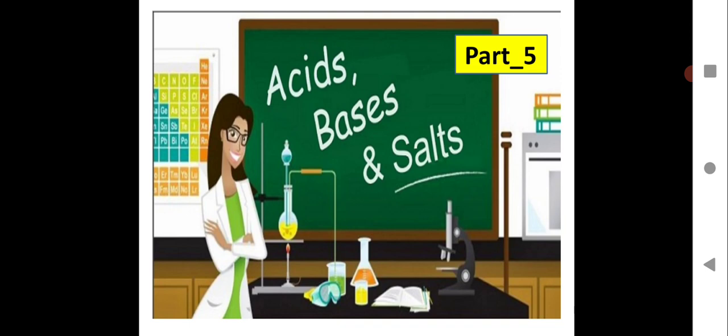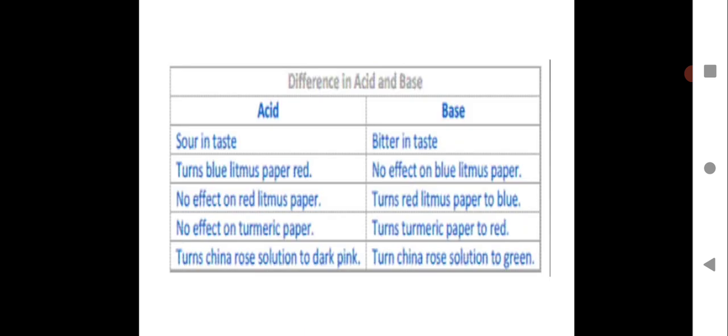In this virtual session, we are going to continue with acids, bases and salts, part 5. We had part 4, where we did an experiment on natural indicators. I hope you have completed your journal as per the instruction given in the Zoom session. So here we will continue with the chapter acids, bases and salts, the theory part of it. Let us see what we are learning today.